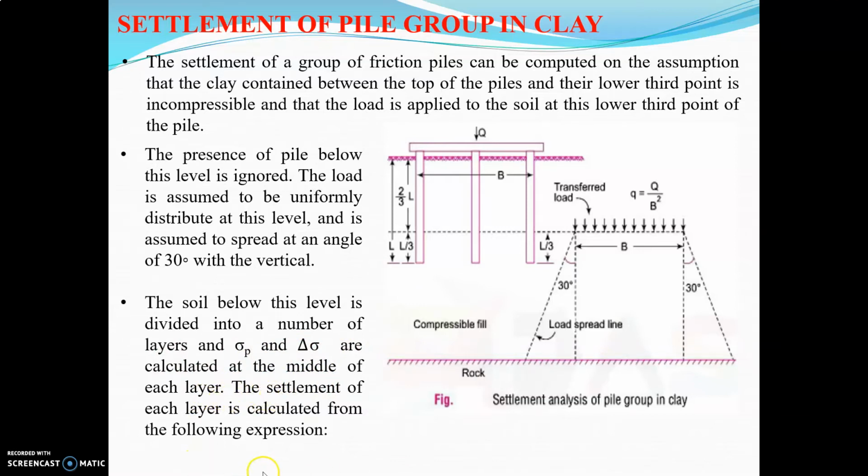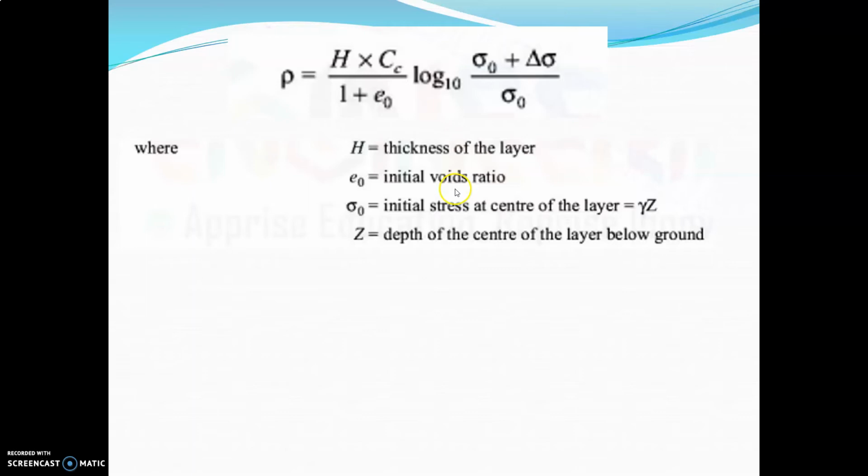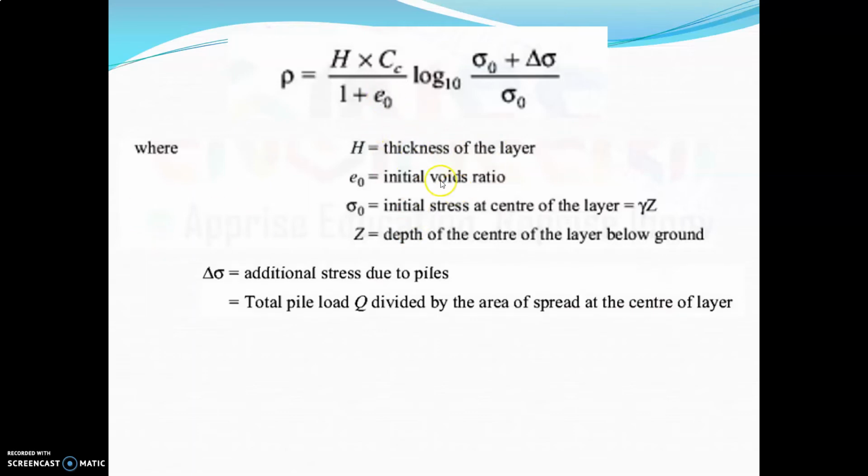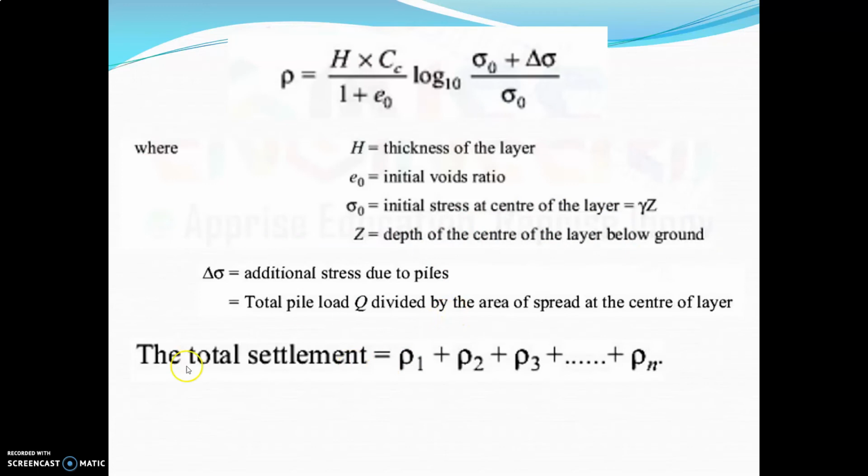The settlement of each layer is calculated by using this equation: P = H × Cc / (1 + e0) × log10((σ0 + Δσ) / σ0), where H is the thickness of the layer, e0 is the initial void ratio, σ0 is the initial stress at the center of the layer, and Z is the depth of the center of the layer below the ground. The total settlement is given by P1 + P2 + P3 up to Pn, where Δσ is the additional stress due to piles and it is equal to the total pile load Q divided by the area of the spread at the center of